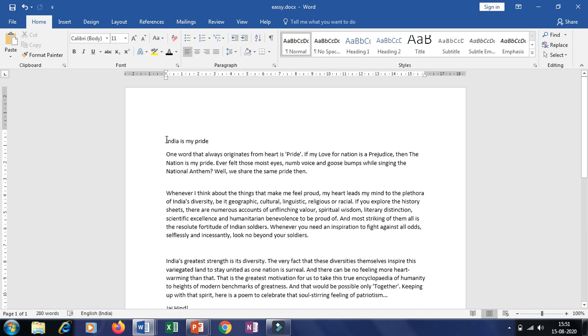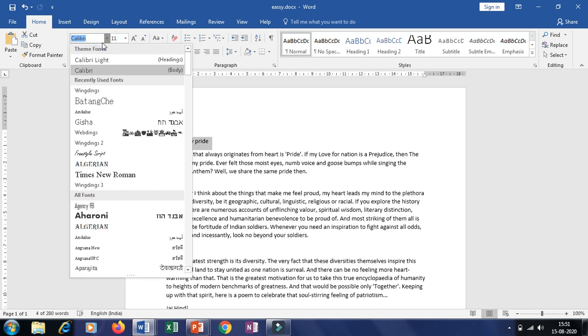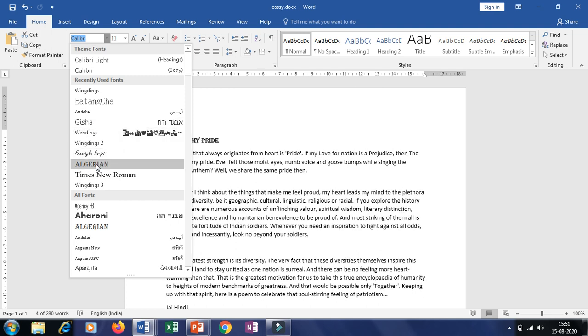First of all, you can see the heading. We will change the heading handwriting, whichever you want. First you have to select the text you want to format. Select it, then this is the font. Click on this arrow, and whichever options you want, you can go through them. As you bring the mouse over, you can see the changes over here.